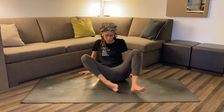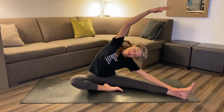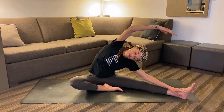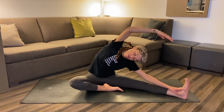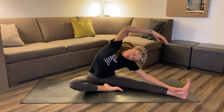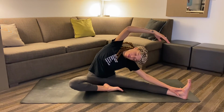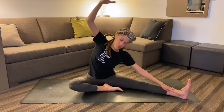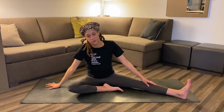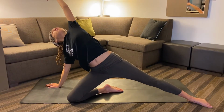Right leg comes out and reach up and over to your right side. Now, for me, this side is a little tighter, so if that shows up for you in your body, that's perfectly fine. Just make a mental note of it and breathe through it. And then slowly release, pressing the left hand down and lifting up off of your mat, reaching that right arm above the head,